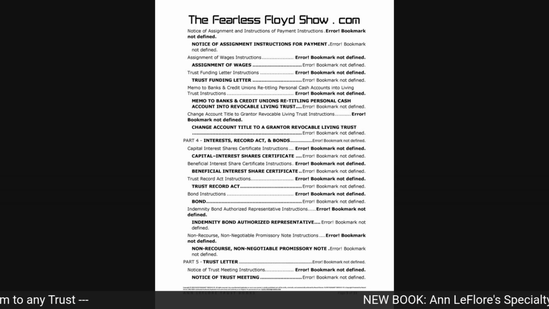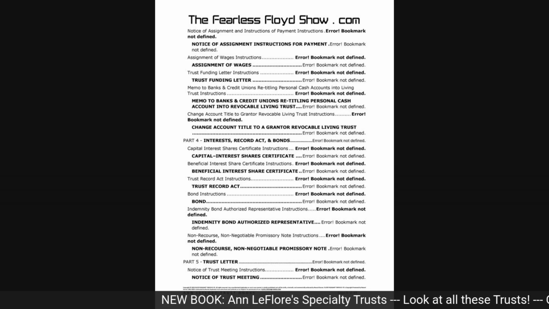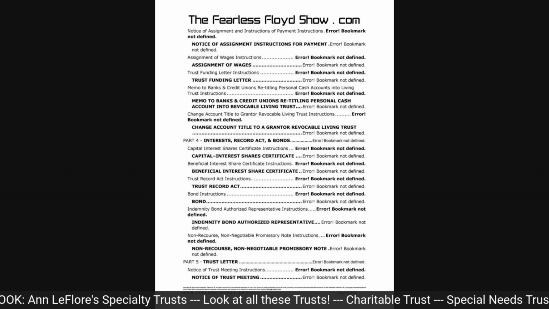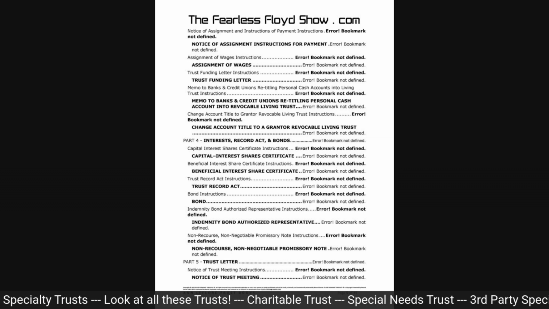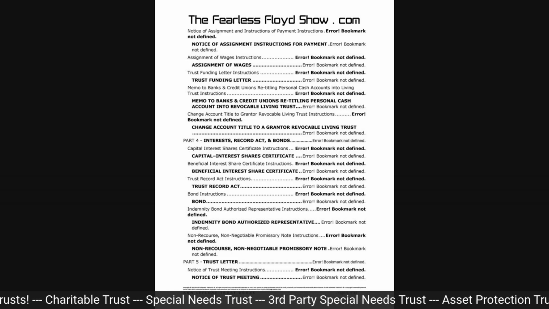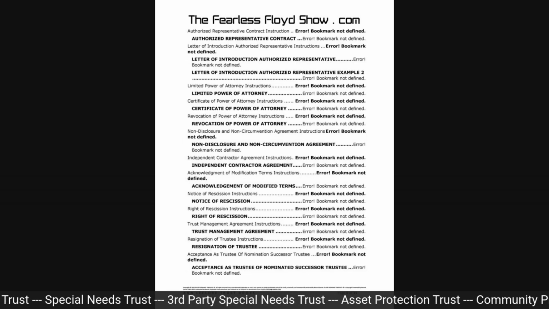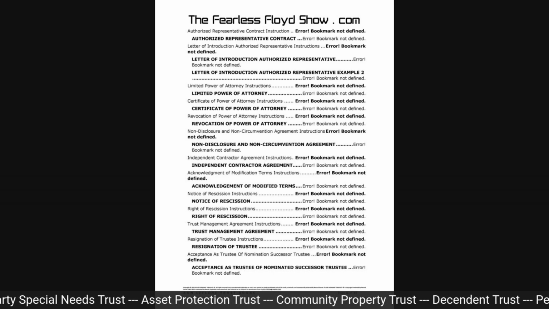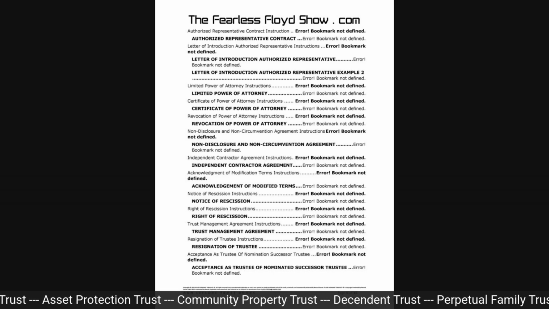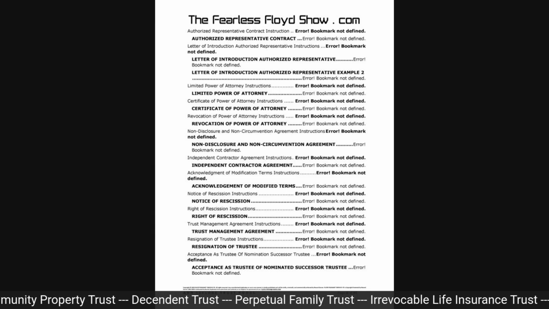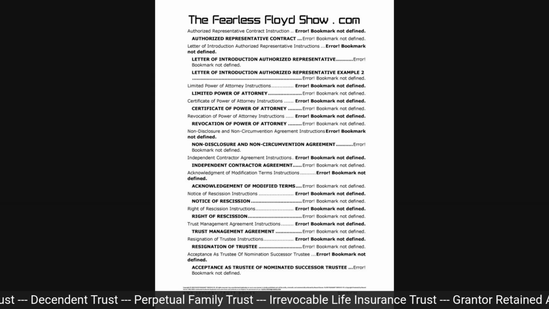Interest record act and bonds, capital interest share certificate, beneficial interest share certificate, trust record act, bond, indemnity bond, authorized representative, non-recourse, non-negotiable promissory note, trust letter, notice. Part five is the trust letter and notice of trust meeting, authorized representative contract, letter of introduction, authorized representative, letter of introduction, authorized representative example 2, limited power of attorney, certificate of power of attorney, revocation of power of attorney,